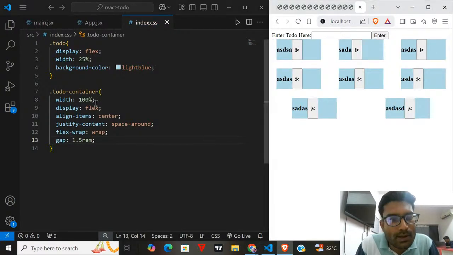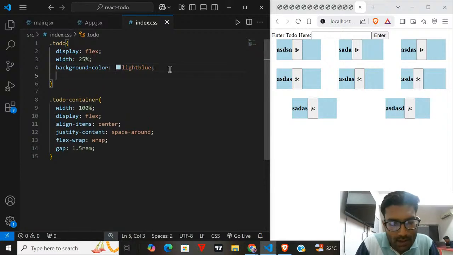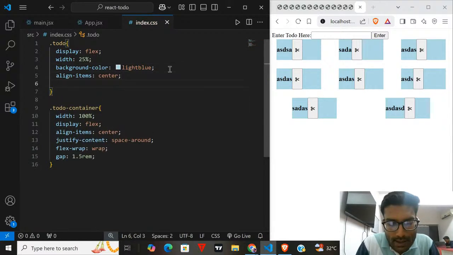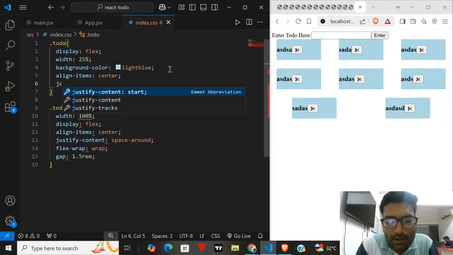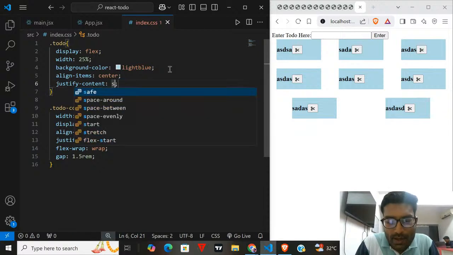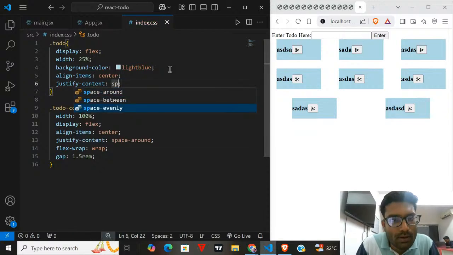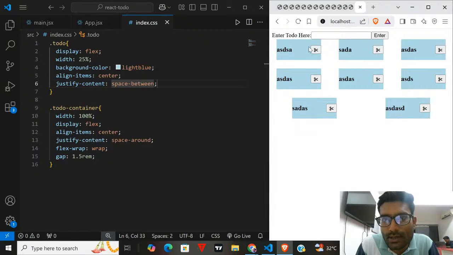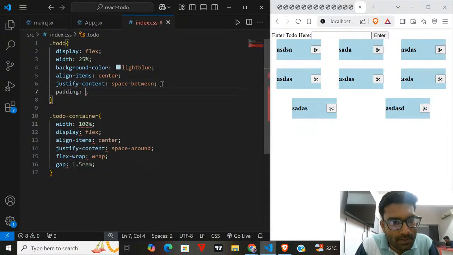So you can see now here also you can give align items center, and justify content should be space between. So you can see things right with this 25%. Give some padding, so padding can be 0.5 rem.